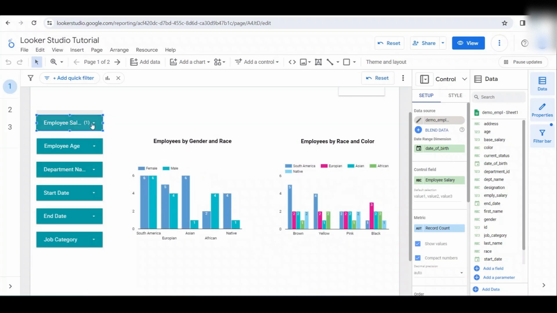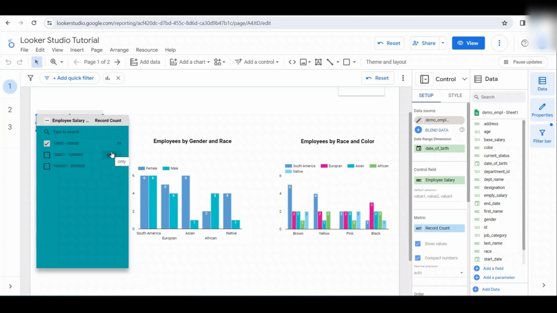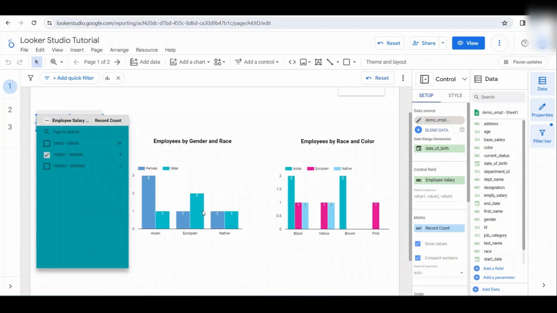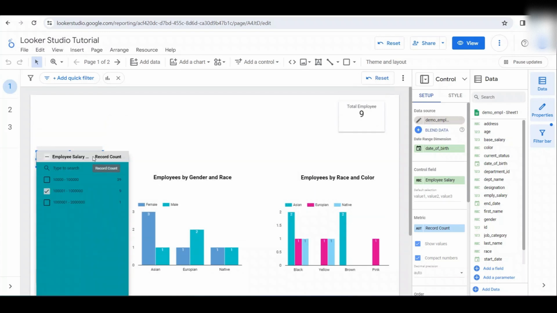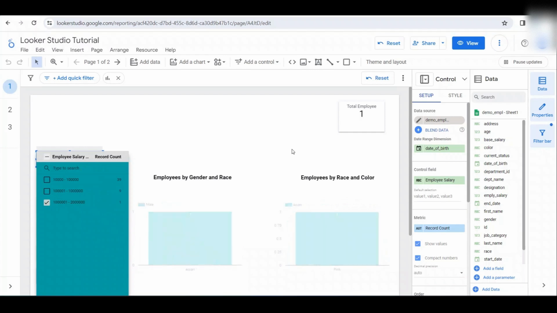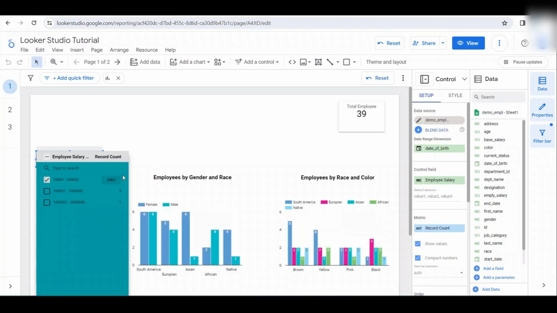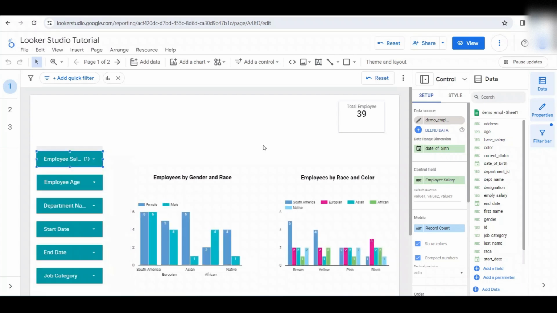Okay. So it will automatically change that. If you select 101 to 1 million, then you will have this information. So on here at the top, this metric will also change. On here we have only 9 employees that are getting salaries that high, and for this one we can see that there is only 1 employee who is getting that high salary, and their raise and their color and everything. And then if you click on this one, you will see how many of them are getting a salary